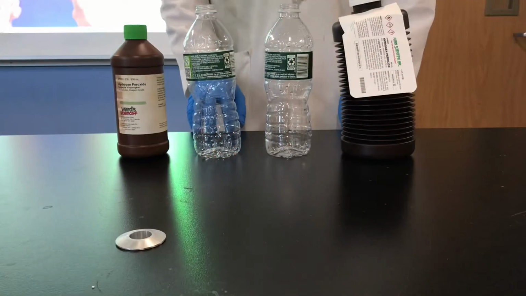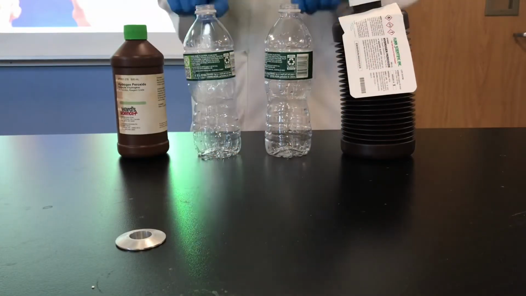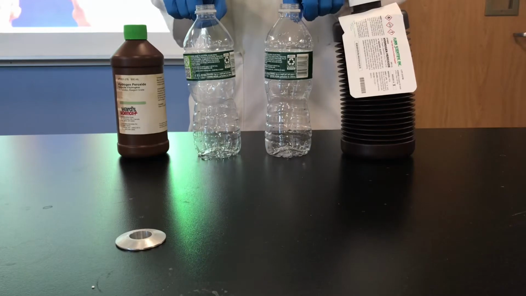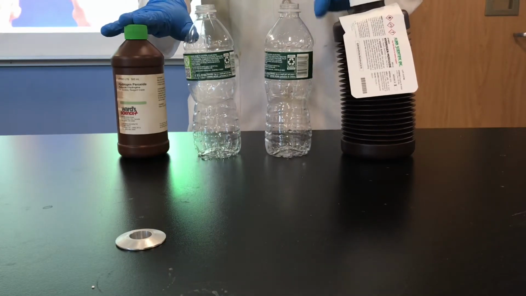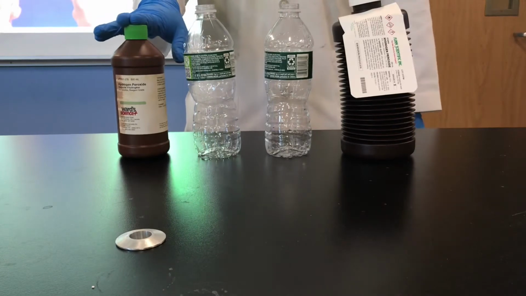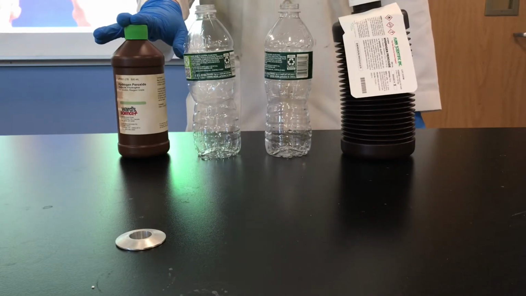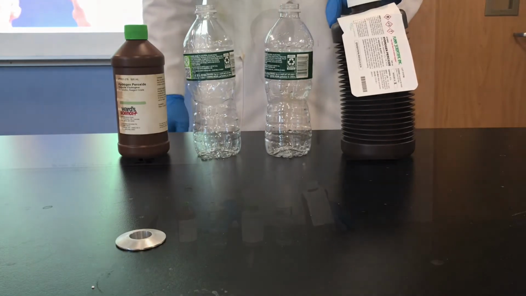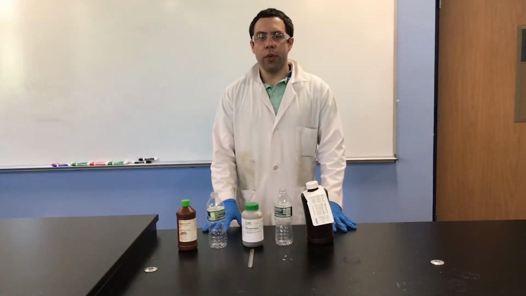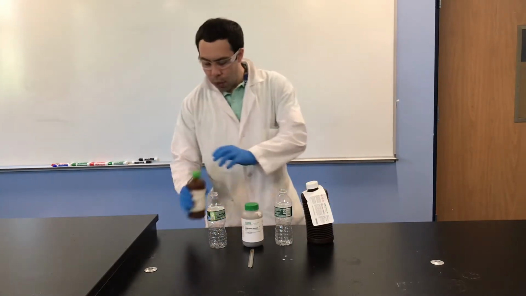For the next demonstration, what we have here are two plastic water bottles and two concentrations of hydrogen peroxide, H2O2. The one on the left is 3% hydrogen peroxide, and the one on the right is 30% hydrogen peroxide. So for this next demonstration, we will test how concentration affects the rate of reaction. I will pour equal amounts